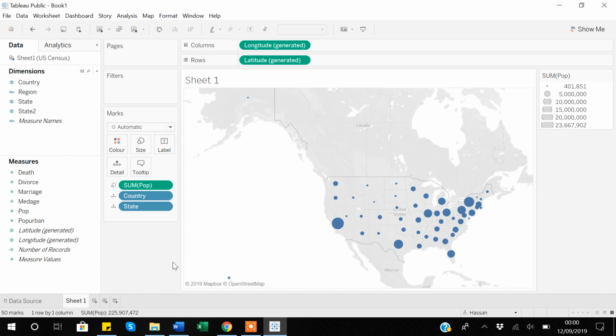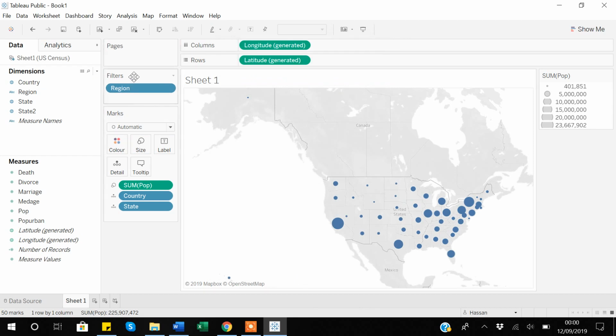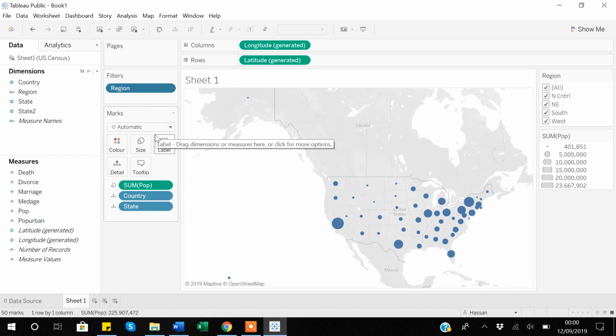Now I would like to create an interactive filter. Suppose I would like to create an interactive filter on my region variable. I will drag this region variable here and select all the categories, apply. Currently I have just created a normal filter, but I want to create an interactive filter that the end user will also be able to use. In order to do that, I will click this down arrow button, come here, show filters, and now I can